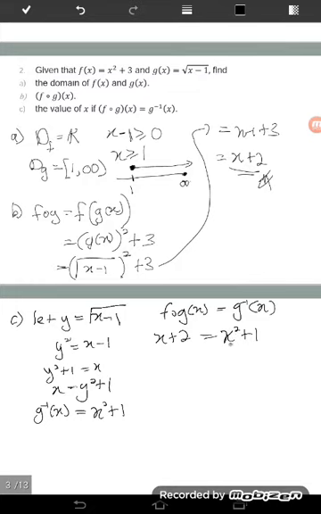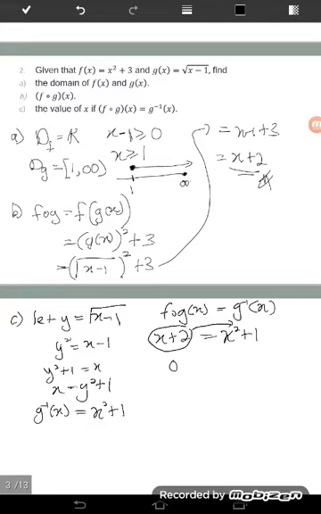Okay, so when there is x squared, this becomes a quadratic equation. To solve a quadratic equation, we need to factorize later. So to factorize, we need to make one side equal to 0. So therefore all of this we bring to the right. Don't bring the x squared to the left, because here x to the power of 2 is already positive. So let it stay positive, so it's easier to factorize.